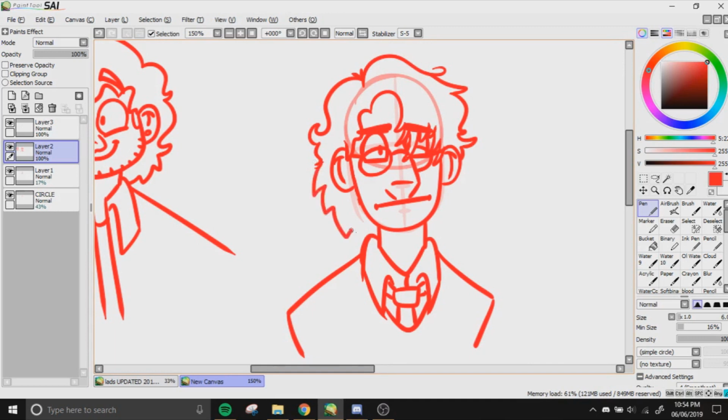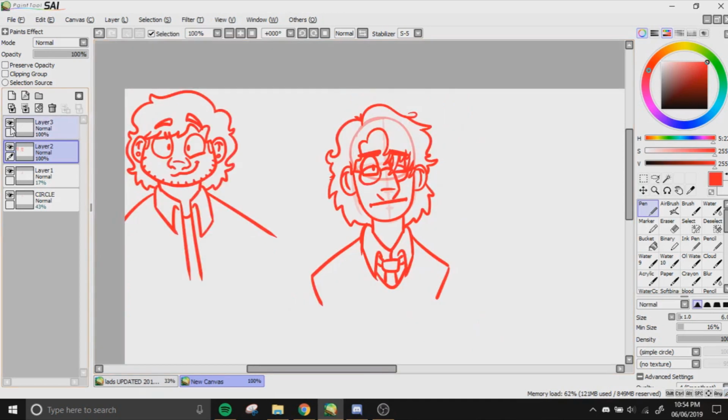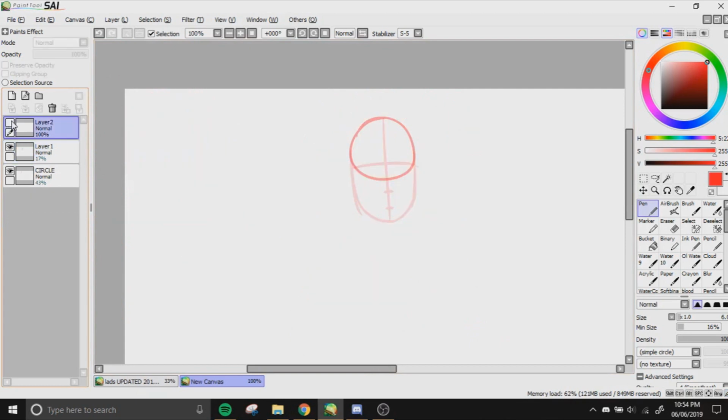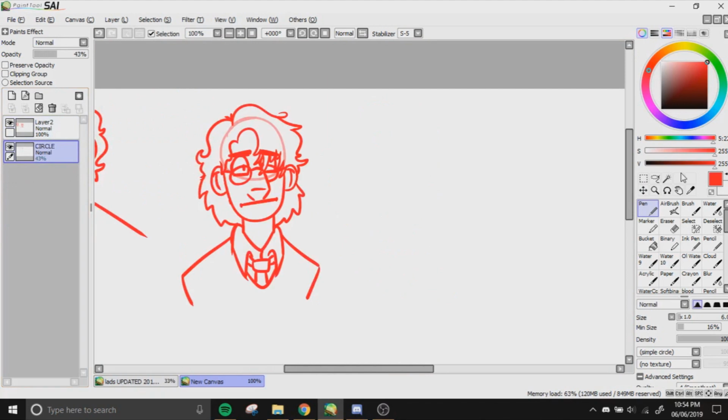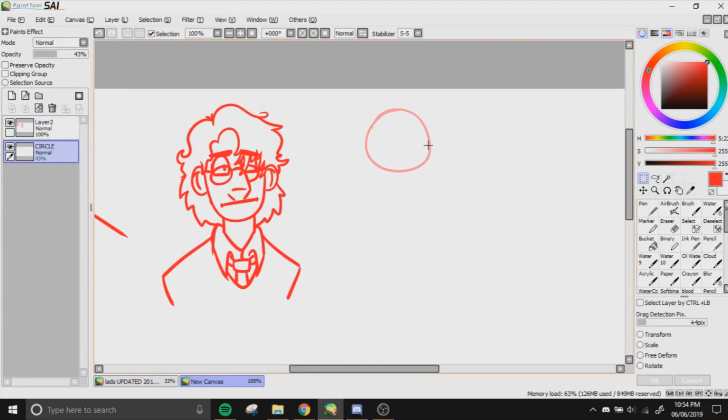If I just give them the rest of their hair and then move on. So again, we got that from that. I don't know how helpful this is at the moment. I'm going to need feedback, but stop. So if I move on,